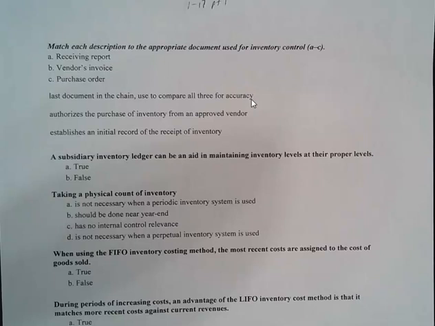process here that we're going to go through. We are going to determine, regardless of what type of inventory system we're using, whether it's a perpetual inventory system or a periodic inventory system, what we need, and we're going to begin that. And so once we do that, whether it's a manual process or an automated process, we're going to put together a purchase order. A purchase order is always going to be first. Once it is approved, we'll